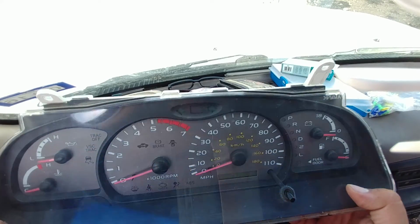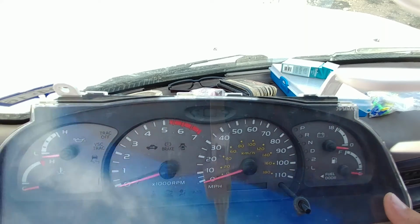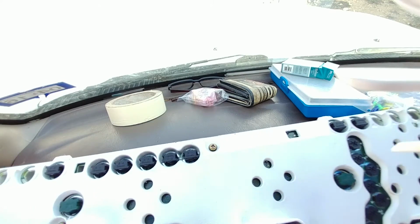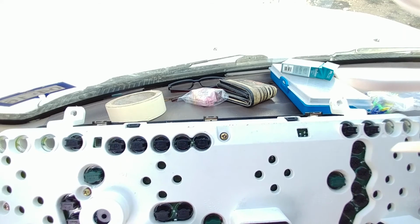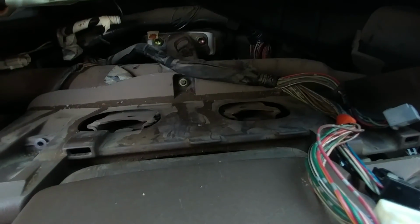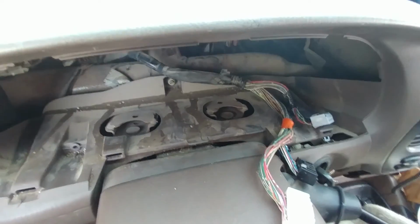So if you need to clean it, or whatever, you can totally do that. Maybe you're changing your needles, putting a different face on, and so on. And yeah, dude, that's basically it. And for reassembly, I'm going to give you a shot in here so you can see what I'm talking about. But here's the